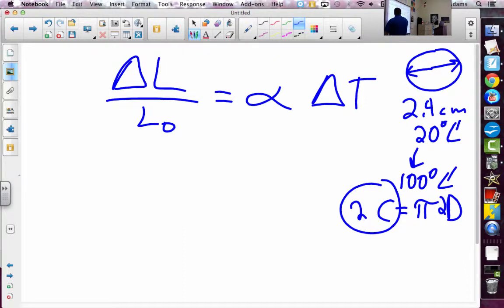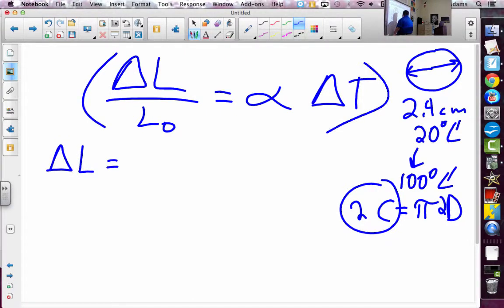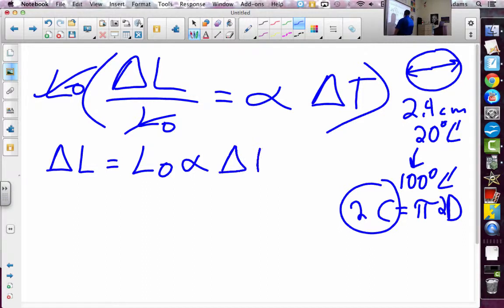So what I'm going to use is I'm still going to use linear expansion, and I'm going to use the length, the original length. But I'm going to algebraically, because I want to see how much it changes, multiply both sides of this equation by L naught, and this cancels with this, but then I get L naught alpha delta T. And as I showed you on the previous example, if I convert both those to Kelvin, what is delta T though? Going from 100 degrees to 20 degrees,